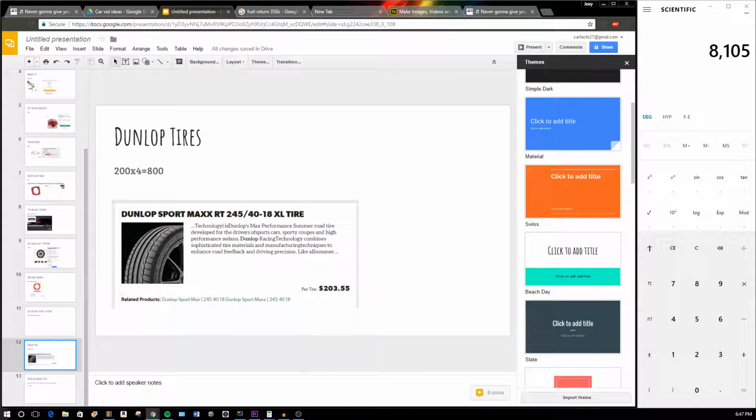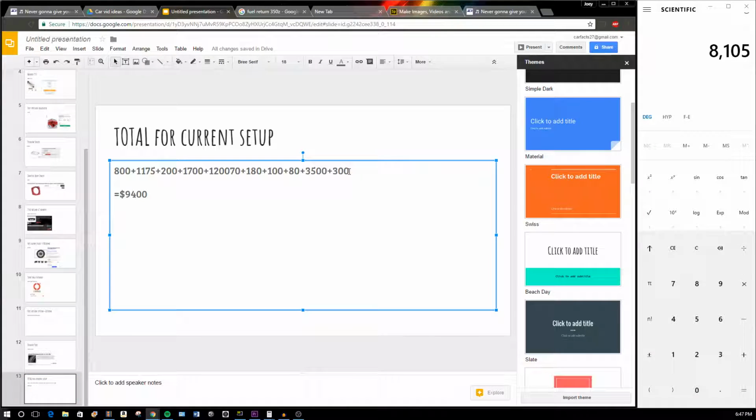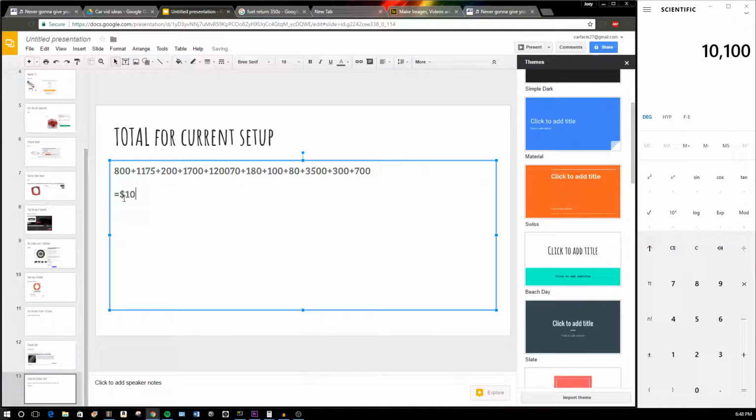So all that added up right here, and I added $700 to this, so plus 700. And over here, I need to do a plus 800 for the bumper, which is where I got that number. And so we got 9,400 plus $700. So overall, you can walk away with this setup for about $10,000. Considering you could buy a 350Z for roughly $6,000 healthy, let's say you buy one for $7,000, fairly low miles,